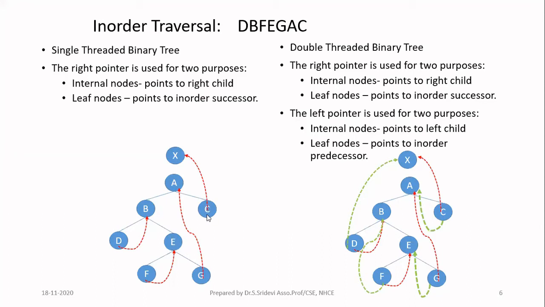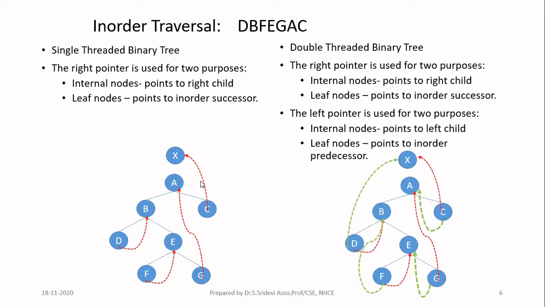Then the next leaf node is C. The in-order successor of C you have to look at. Go to the in-order traversal. For C, there is no in-order successor. That means when a node does not have any successor, you can make the node point to the root node, or otherwise you can leave that as null, or you can make the node point to the dummy node. Here we have created a dummy node for our reference. So you can make this node point to the dummy node. The reason is it does not have any successor in the in-order traversal. So this is how you are going to store information in the null pointers in case of a single threaded binary tree.